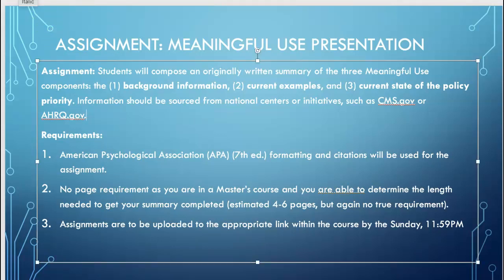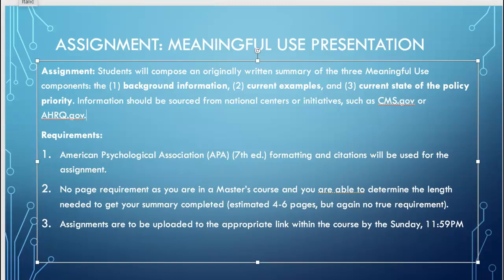How are we doing in our policy priority at the state, local, or national level? So you can choose one pillar and talk about state, local, or national, or even what's being done in your particular hospital, adding that to that. So what's out there as far as the policies are concerned that is helping to address these 5 pillars. And again, you can do a global and just choose to write about each one separately, or you can choose one pillar and go very in-depth. It's your choice. Your information should be sourced from national centers or initiatives where mostly possible from cms.gov or ahrq.gov